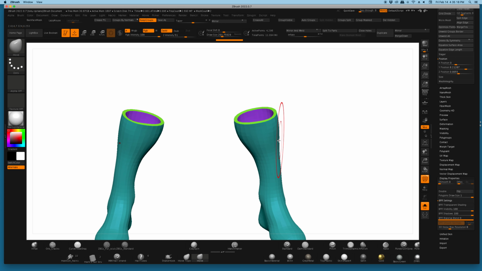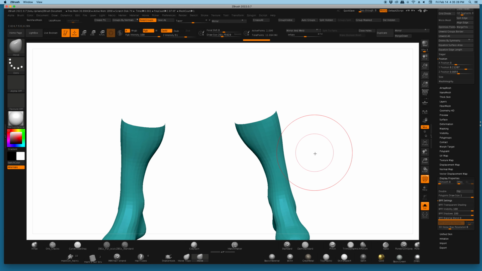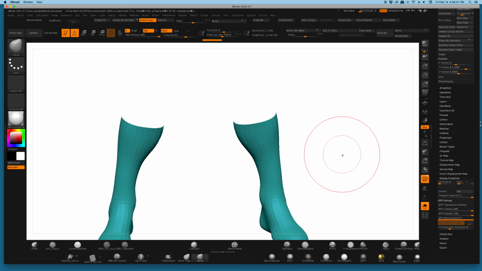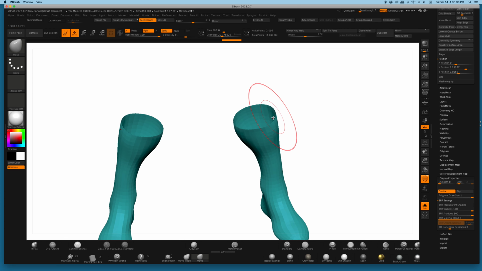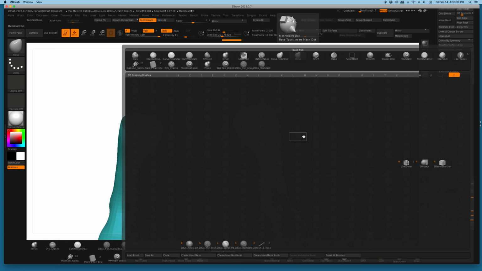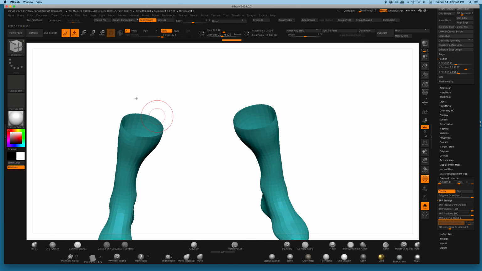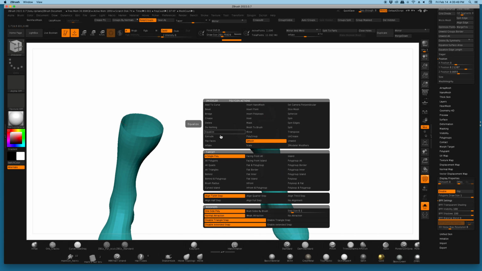I'm going to select by holding down Command, Shift, Alt. I'm going to select this outer polygroup. Delete Hidden. Let's put Display Properties on double so we can see the inside. Then I'm going to hit BZM, which gives me my Z Modeler brush. Hover over a polygon, hold down Shift, select all polygons, and extrude it inward and make these boots even thicker